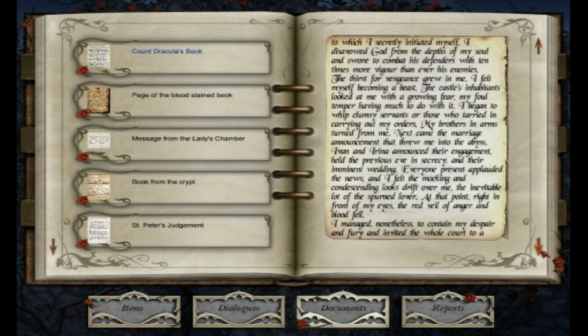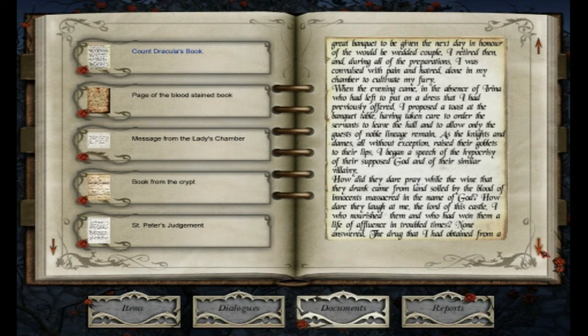Everyone present applauded the news, and I felt the mocking and condescending looks drift over me, the inevitable lot of the spurned lover. At that point, right in front of my eyes, the red veil of anger and blood fell. I managed, nonetheless, to contain my despair and fury, and invited the whole court to a great banquet to be given the next day in honor of the would-be wedded couple. I retired then, and during all of the preparations I was convulsed with pain and hatred alone in my chamber